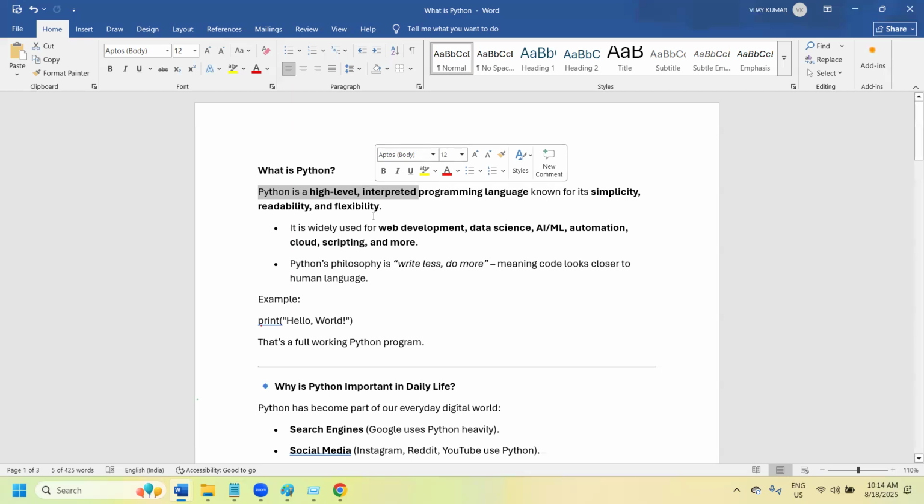Even with interpreted, it goes line by line, and we are able to define our statements and make use of it. The main thing is, it can go with either a compiler, where we do the compilation of the code, or we can also go with an interpreter, where we read it line by line and perform the operations.